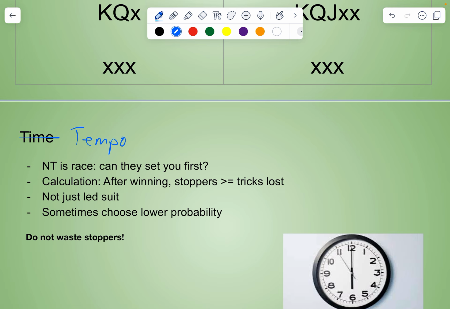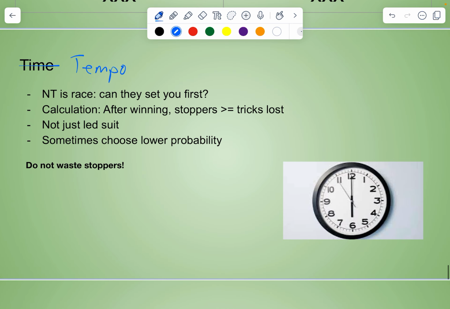So for example, we may have 13 tricks in 3 suits, spades, hearts, and diamonds, but if they have the ace of clubs, then it doesn't matter how many tricks we have, they get 1 trick. And so the maximum we get is 12. And basically, in no trump, we're just trying to see who can get to their target first. So for example, in 3 no trump,